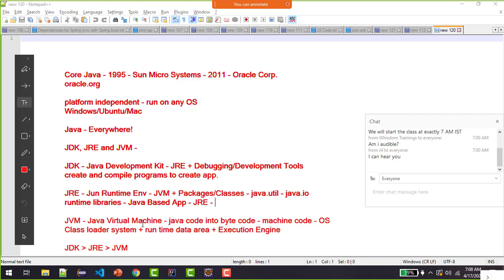And JVM, because my Java code is English written code. Who will convert this English written code into machine code? Because the operating system does not understand English, it understands machine language or the byte code. There comes the JVM, which is there as part of both JRE and JDK. So JDK is a set of directories. It has other things, but it has got JRE also, right? It has got compilers, the javac compiler, development kit.